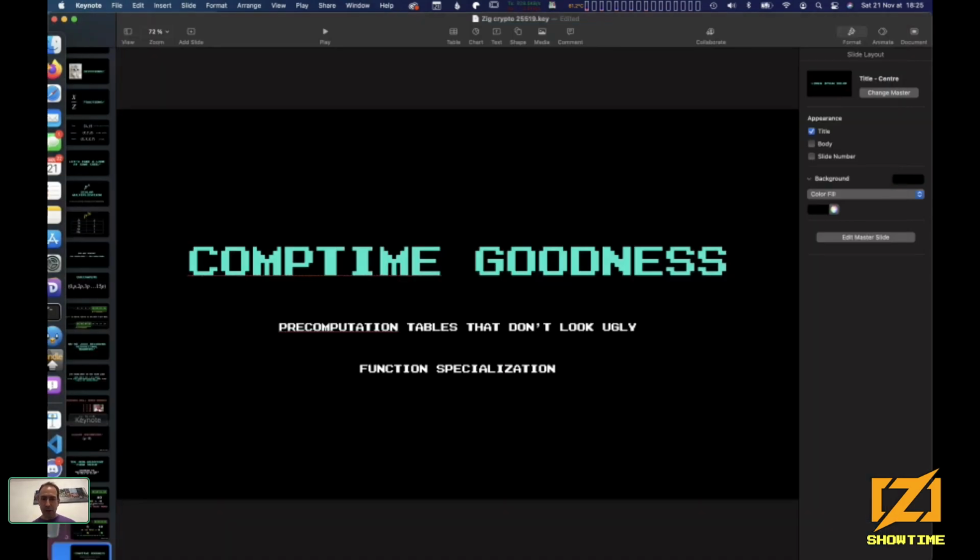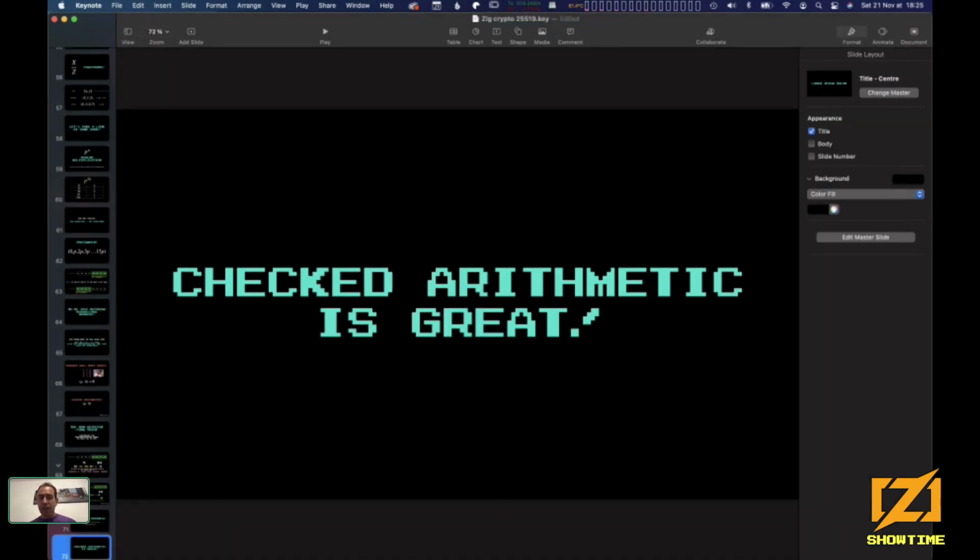Okay, I think we are almost done. So just another thing, I found that checked arithmetic is super useful in order to check for overflows, to check for bugs in your code, to check if you properly do carry propagations at the right time, for example. Doing that by default in debug mode is amazing. I love it.